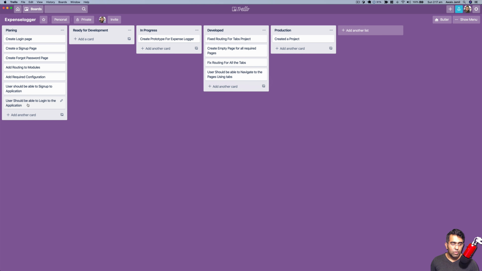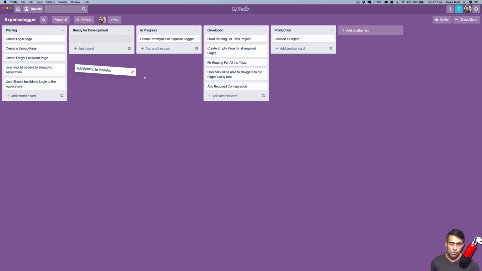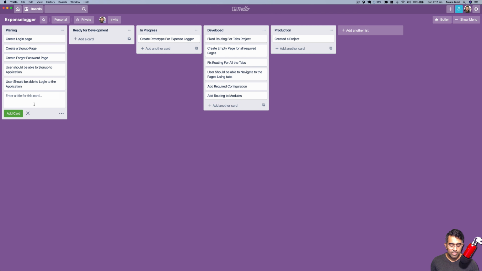Now you should be able to log in, sign up, add required configuration. We did add configuration for routing and pages. Add a routing module. So we did app routing module, pages routing module, and that's all good as well. And then we are going to create a new task, which would say create a UI for dashboard page, and then create UI for add expense page, and then we can say create UI for